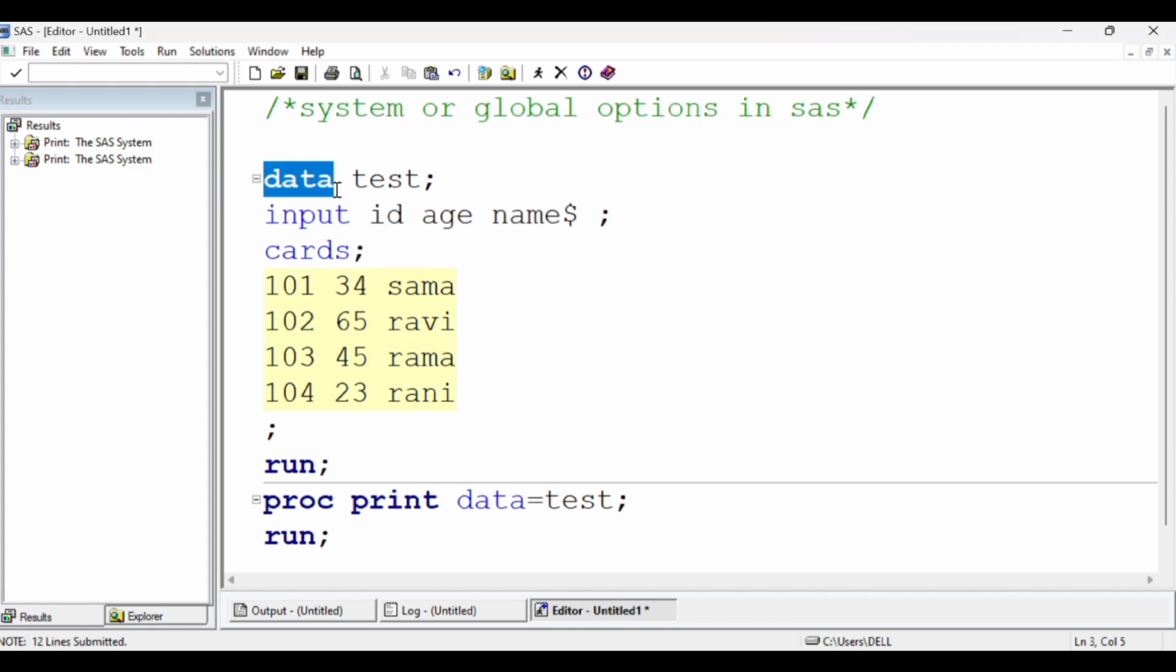So see here, this is nothing but a data step. I have written data followed by the data set name. The data set name is test. Input id age name, where name is a character variable, for that purpose I have used the $ sign. A character variable stores letters. Cards reads the observations, input reads the variables. Clear? So semicolon, run semicolon, proc print data equals, my data set name is test, so I'm writing test here. Okay, clear? Now when I run this,